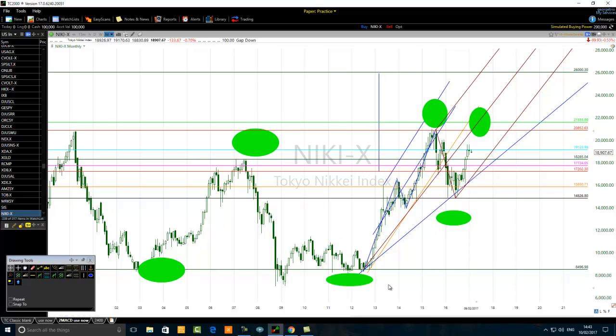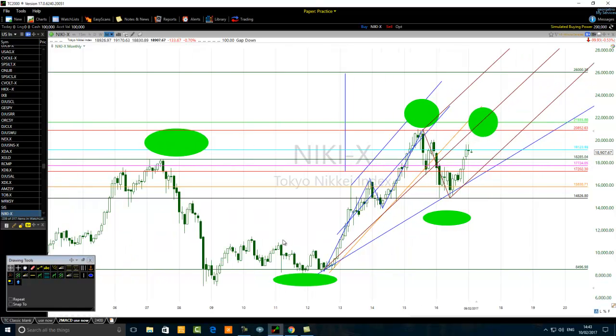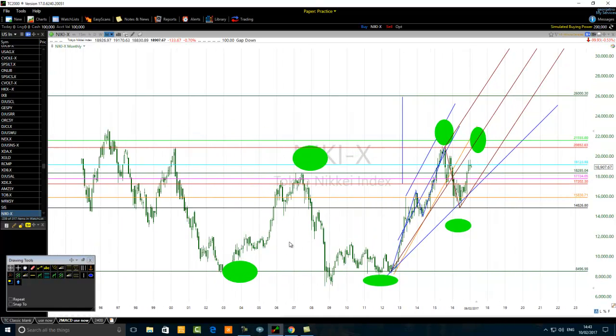We see on the monthly chart the price went up 123 and came down 123. Invitation to buy. If it forms a lower high below 20852, that's an invitation to sell using a top-down trading method without ignoring the economy news. There was a consolidation before between the level of 8496 and the level of 17202. All right, we are now above that consolidation, and will continue to go up and go above that critical high